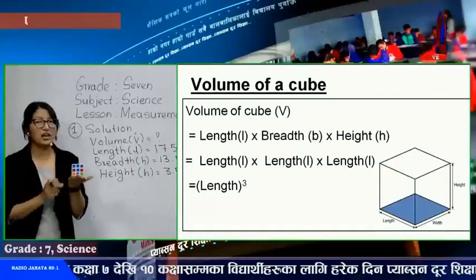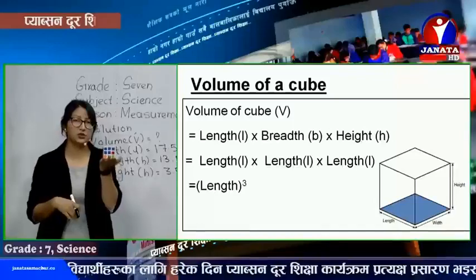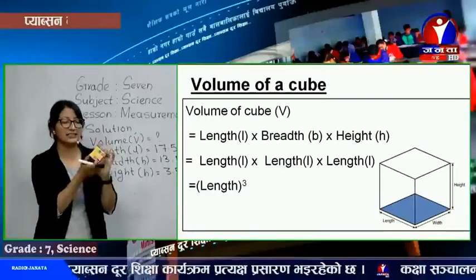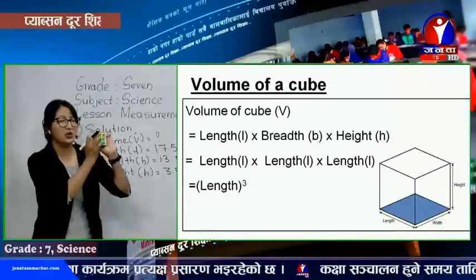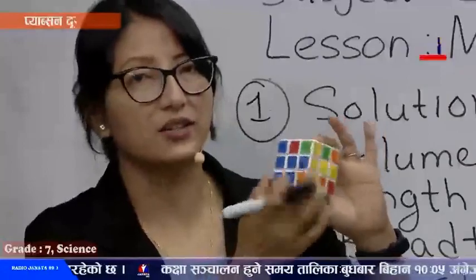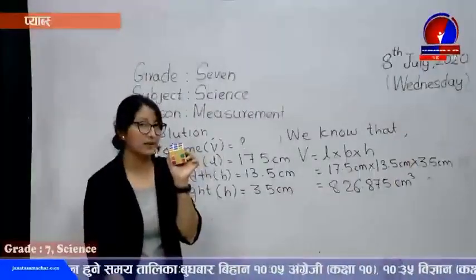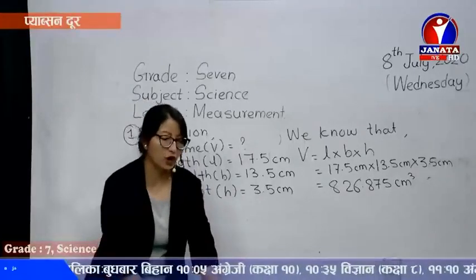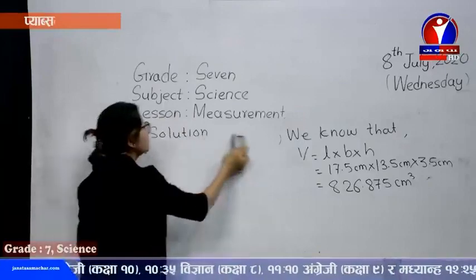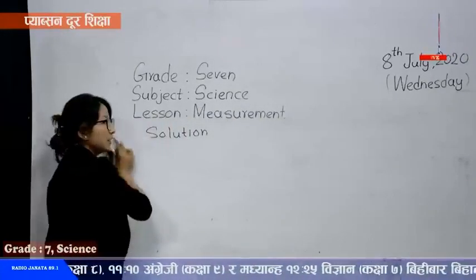When we keep it on a surface, what is the space occupied by the object? We can easily calculate. So for this, we just need to measure the length. As we all know, all sides are equal. We can measure any one of the sides, and similar is the length of all 6 sides. Yes, so let's calculate its volume as well. We all know the formula to calculate the volume of a cube. It's L cube.